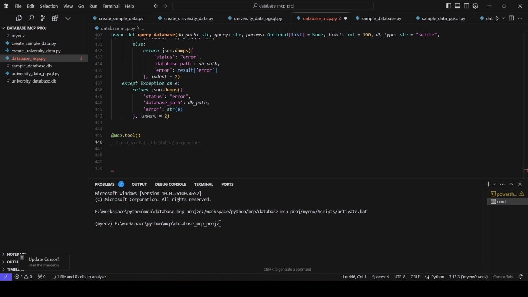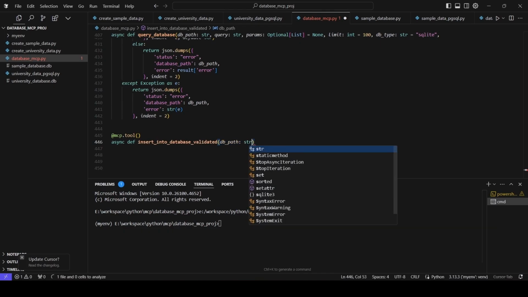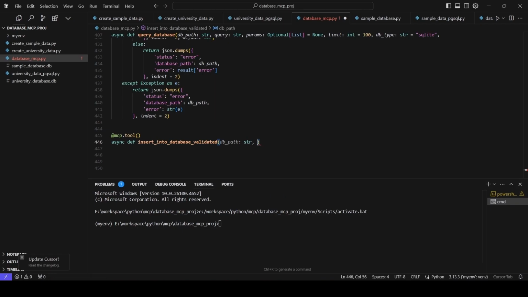After that, we will write async def insert into database validated. We will provide database path, which should be of type string, and then table, which is again of type string, then data, which is a dictionary,